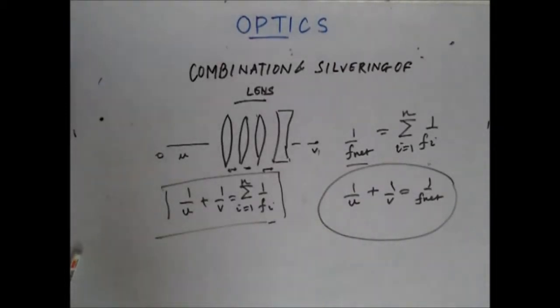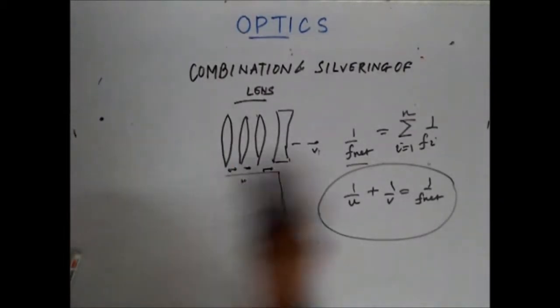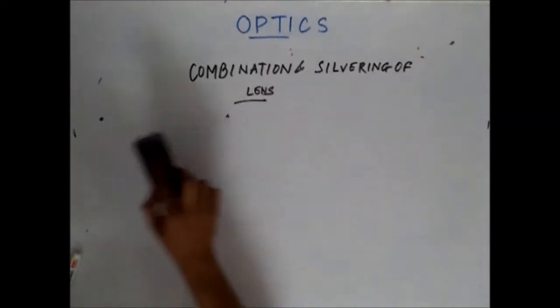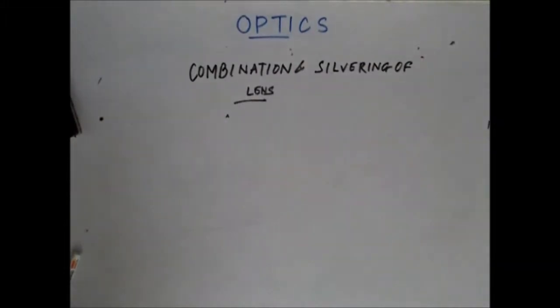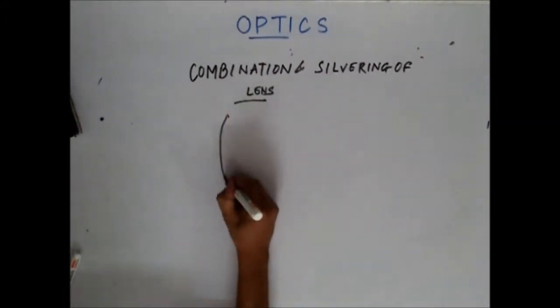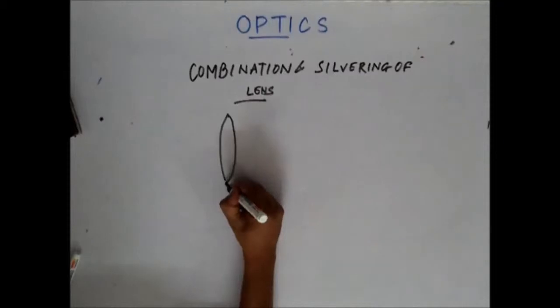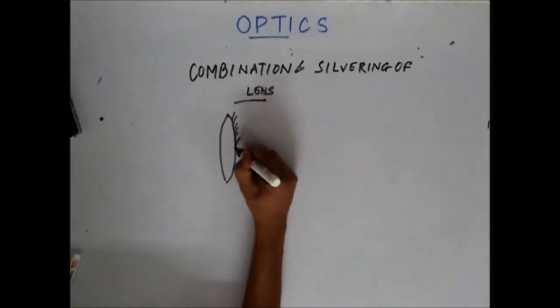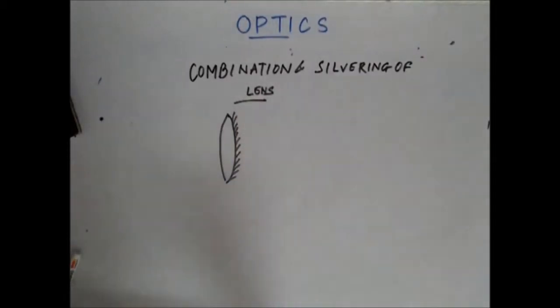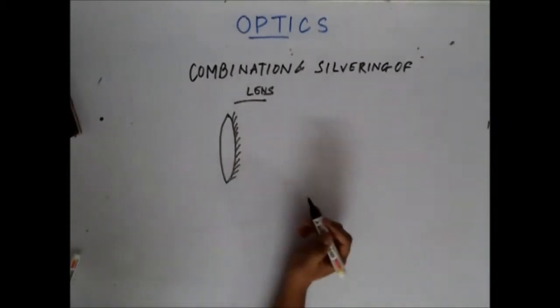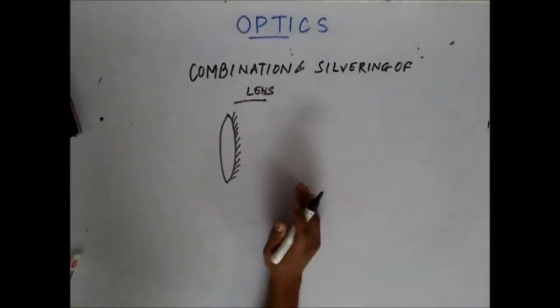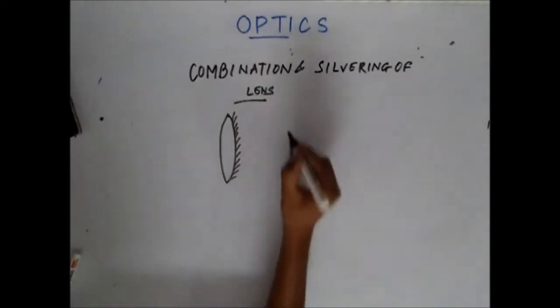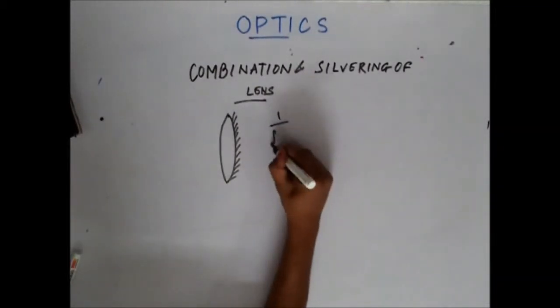Now what happens when we silver one of the lenses? That means what happens when we take a lens, let's say I take a convex lens and I silver one of its sides. For this setup, I can write the equivalent focal length as,